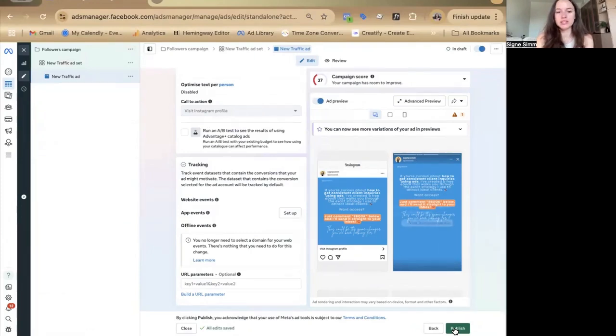What you will notice, though, is that ad campaign will go into review. The review process can last up to 24 hours. If your ad hasn't been launched after 24 hours, then you need to duplicate it and launch it again because there's some sort of error. But honestly, my ads usually go live within an hour or so, and then they start working.